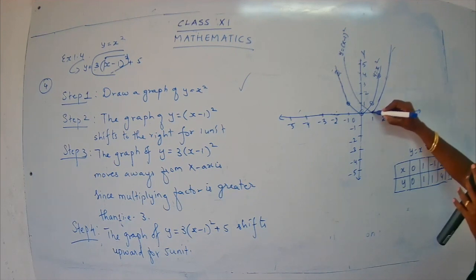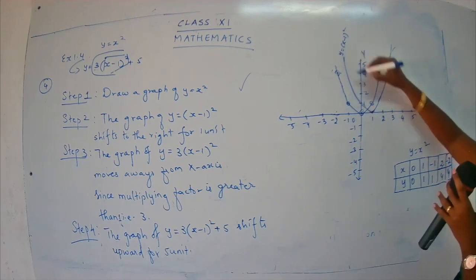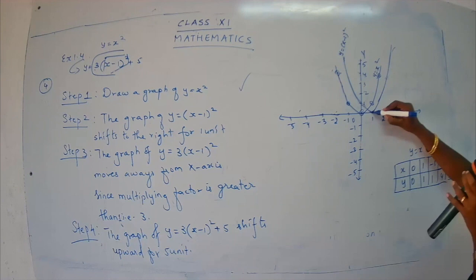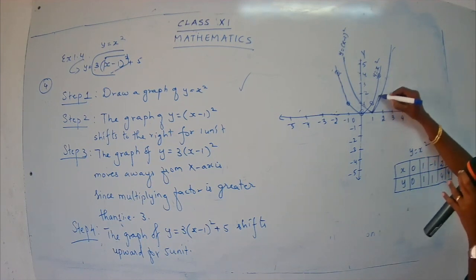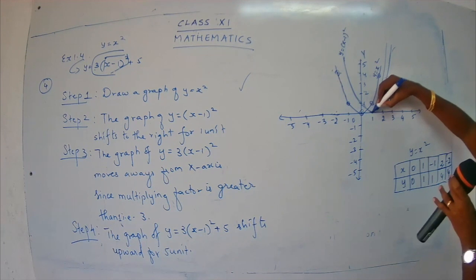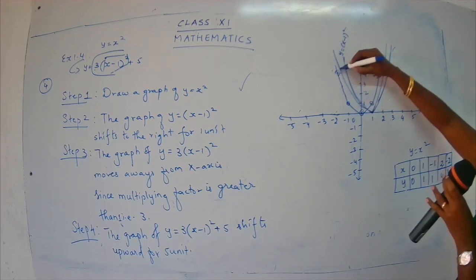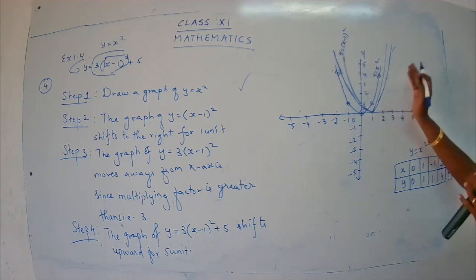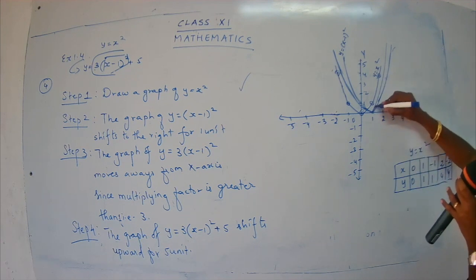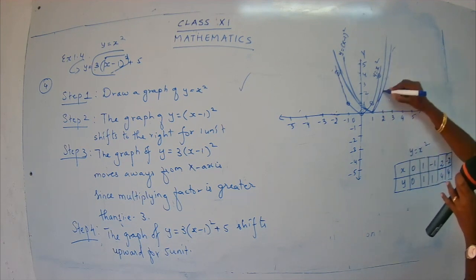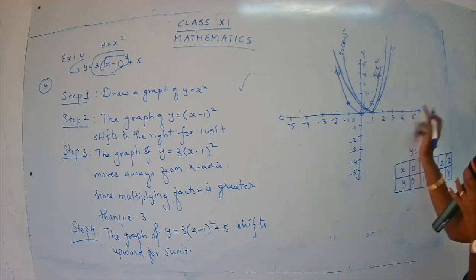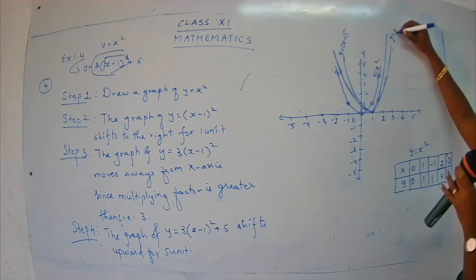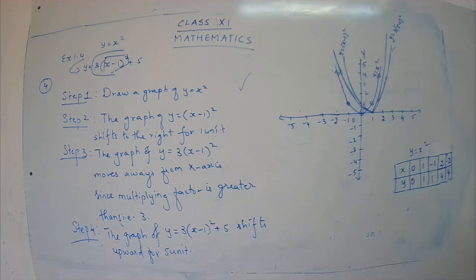So I'll put a new graph. I'll keep this part as it is. You can just use your pencil and show that it is going to compress, or move away from the x-axis. Keep this point as it is, okay? Don't change this unit. It is just moving away from the x-axis. See, actually it was here first. So now it is moving. This is your x-axis, yes? So it is going to move away from the x-axis. So the graph is here, y is equal to 3 times x minus 1 the whole square.